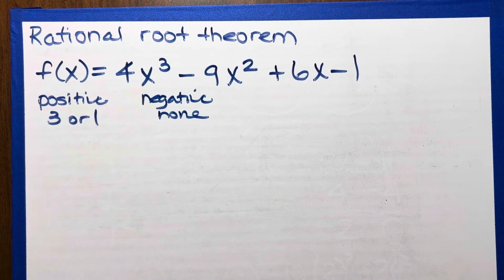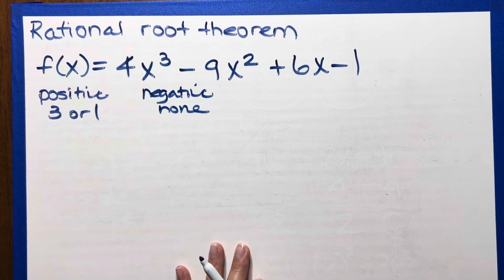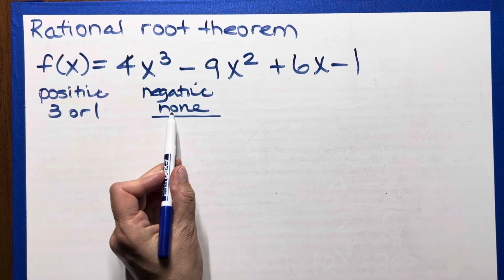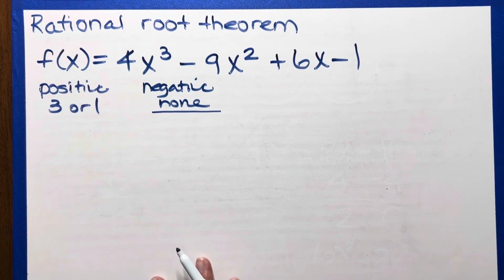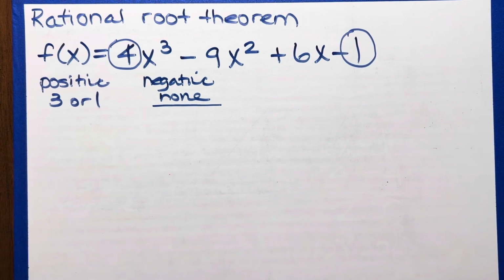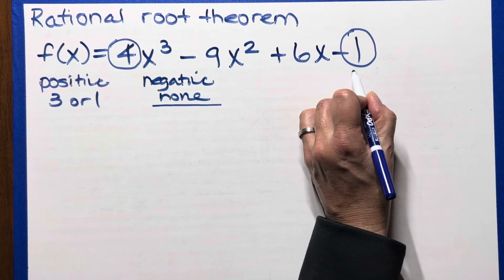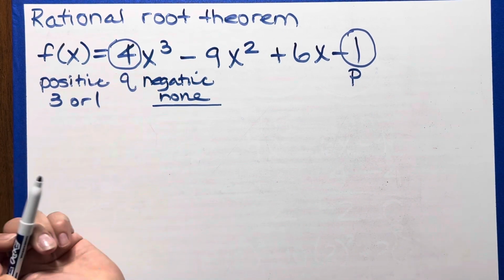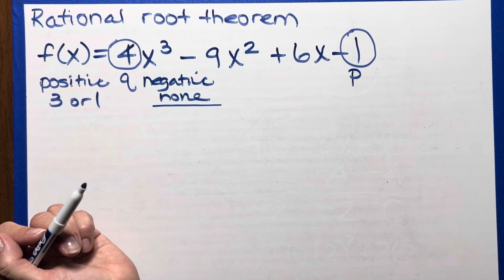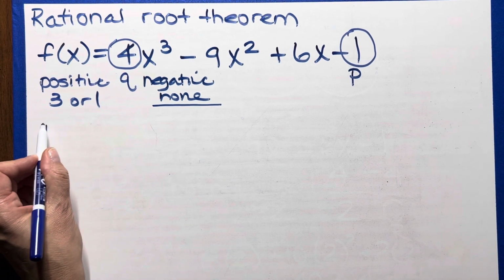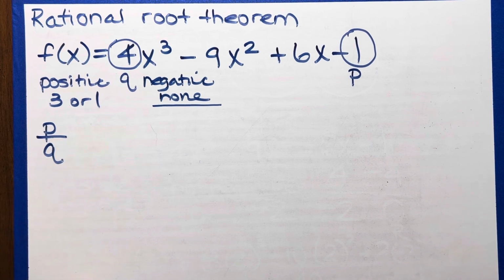What that tells me is when I'm using my rational root theorem to figure out exactly what the roots are, I don't have to test any of my negative values that I find because those are not an option for this function. In the rational root theorem, we are going to use the leading coefficient and the constant term at the end. We are going to label the constant at the end as P and the coefficient at the beginning as Q. If you want to find all the possible roots that you can have that are real roots for this function, we are going to find all of the possible combinations of the factors of P over the factors